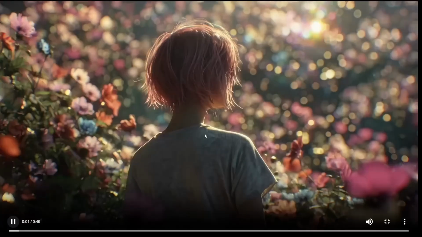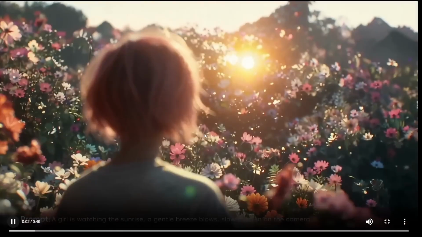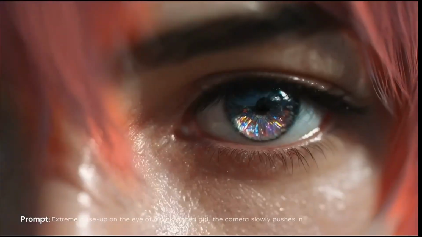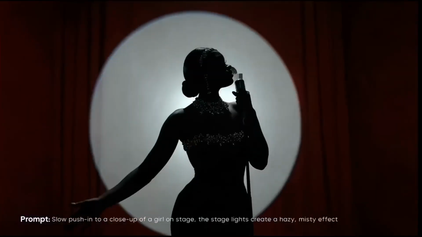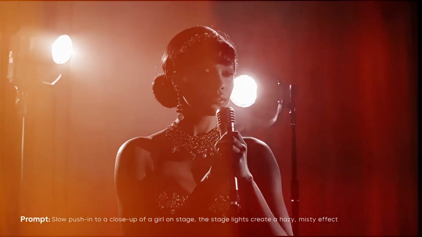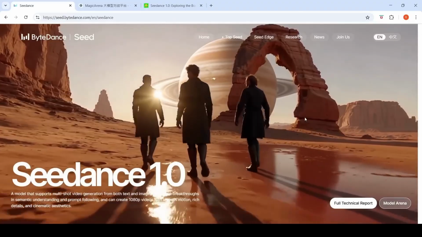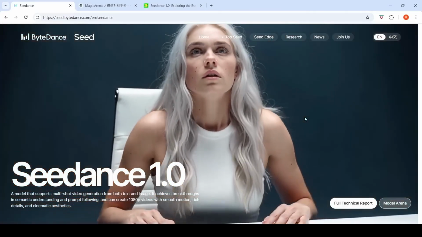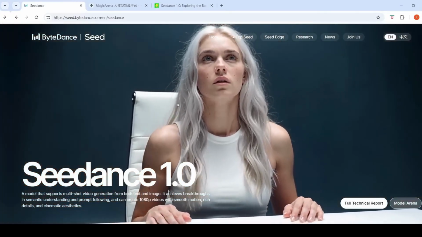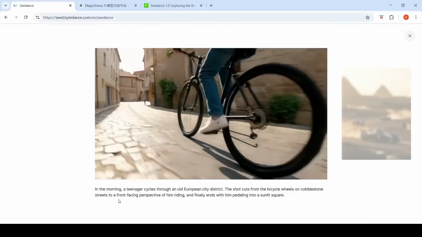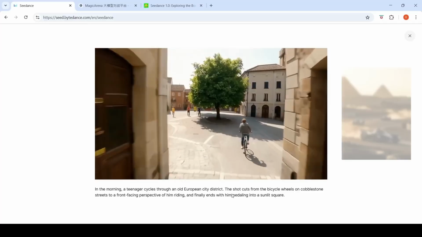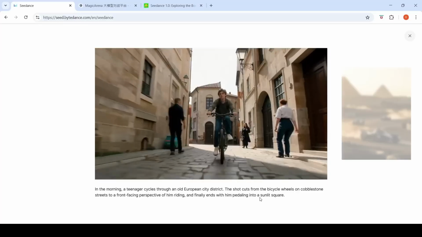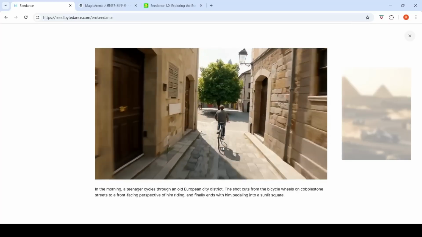But Seedance 1.0 can generate a coherent 10-second narrative with multiple shot transitions, like going from a wide establishing shot to a close-up, all from a single prompt. And here's the kicker: it maintains character consistency and style throughout the entire sequence. This is huge for anyone trying to create narrative content. Instead of playing character roulette across multiple generations, you can actually plan and execute cinematic sequences that tell a cohesive